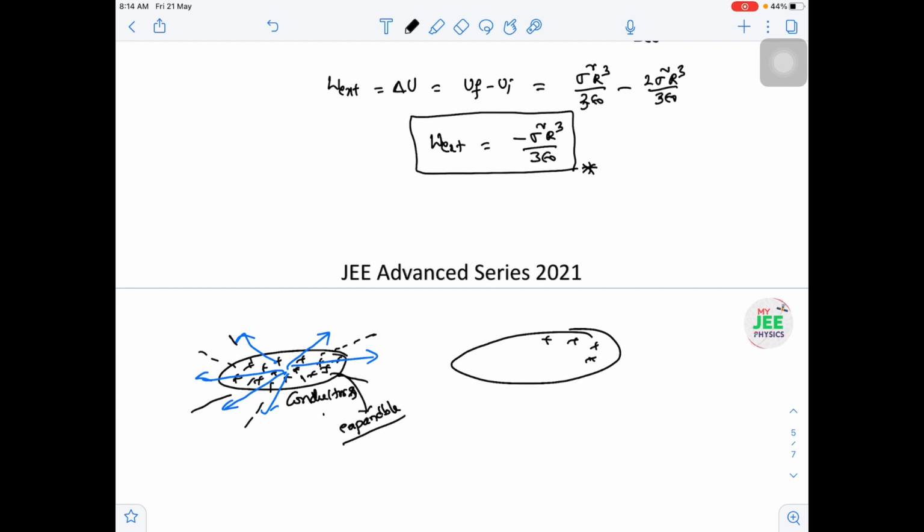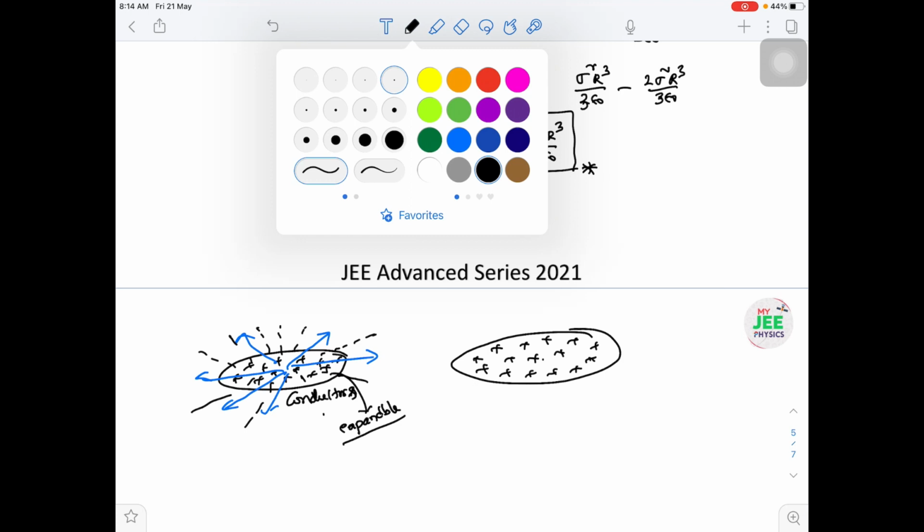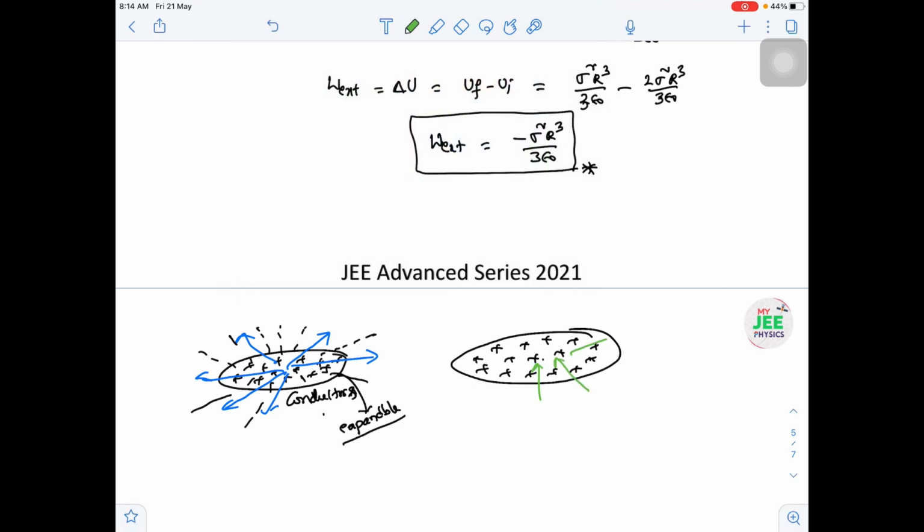While it is expanding, what happens? It will gain some kinetic energy. Different particles of the disk will gain kinetic energy. Now we want to expand the disk in such a way that those particles should not gain any kinetic energy. So we need to apply an external force exactly opposite to the electrostatic repulsive forces, in such a way that we can expand the disk to double the radius. I hope you understood this logic.